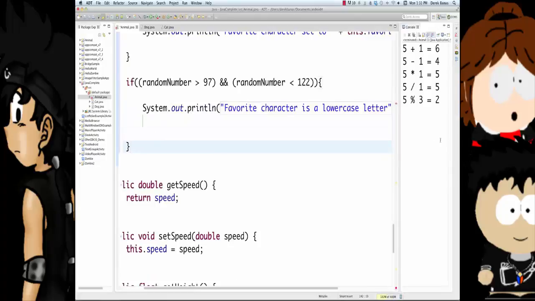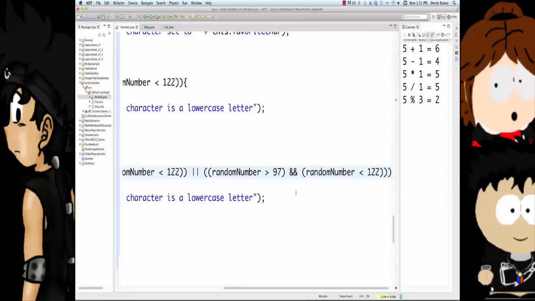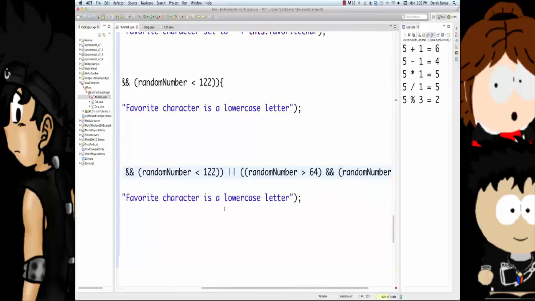And if we want to do another one, let's just copy this. Greater than 97, less than 122. We're going to use both of those. I'm going to put in another brace right here and another brace here, and I'm going to copy this interior part here. And here I'm going to go OR like that, and then put in another one. So it's going to check that one or the other needs to be true. So here it's going to be 64 and 91, again using those character codes from that website I showed you a second ago. If this occurs, favorite character is a letter. That's what we just verified there.